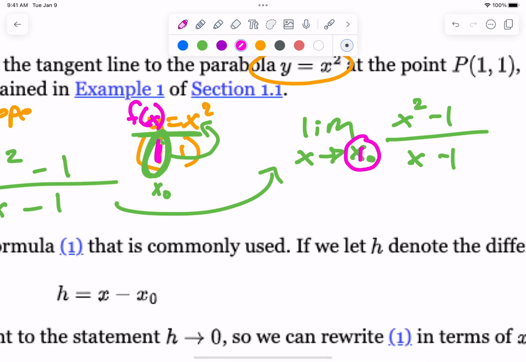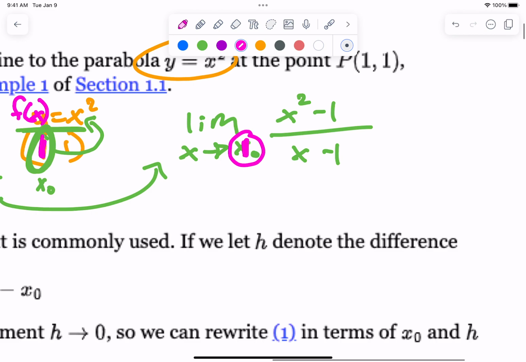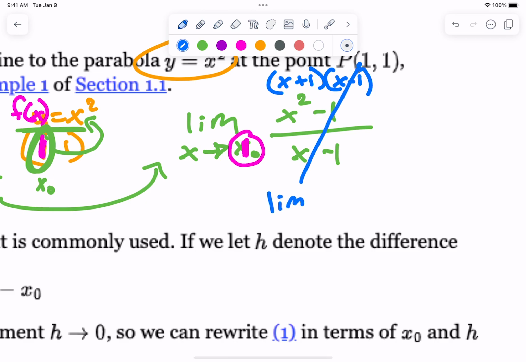Right here, okay? So we're plugging 1 in. So I want the limit as x goes to 1 of that stuff. What's the problem? We can't do that, okay? But we know from limits, that's a hole, right? We know from limits that this guy can be broken down. So I want x plus 1 and x minus 1, and I can cancel out my x minus 1s. So now all I have to do is the limit as x goes to 1 of x plus 1, and the slope is